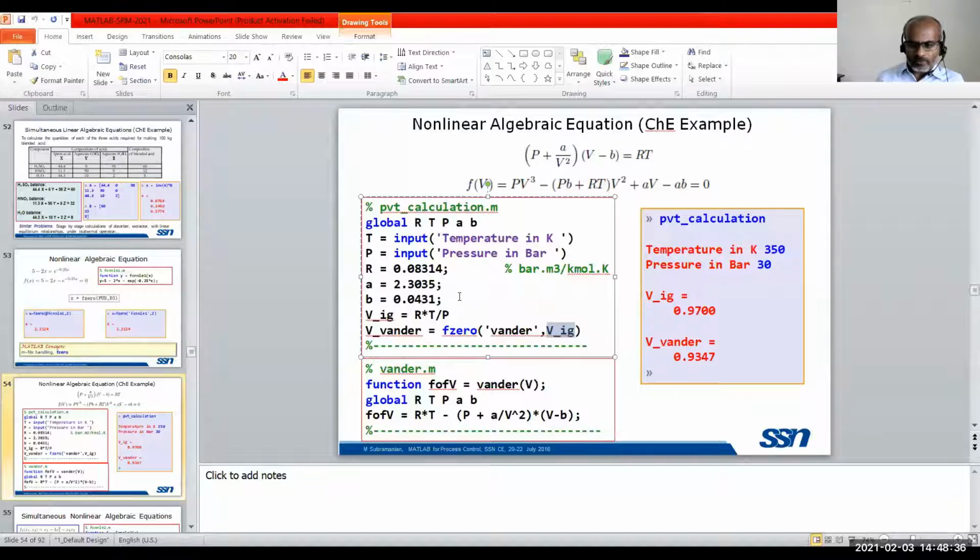Normally for a nonlinear solver, we should not give 0 as the starting point, because if the function is of the form 1 by 0, the solver will stop at that point because of infinite values. So it is better not to start with 0 as the initial guess. We need to give some value, at least 1 or 2 is fine. But we have a better initial guess from the ideal gas equation.